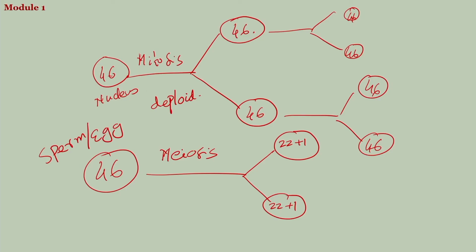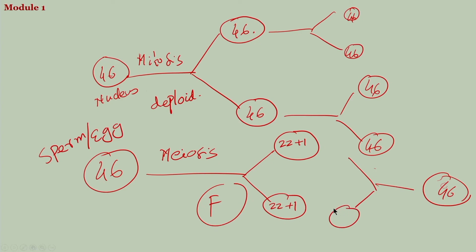Now, if this comes from a father, the same thing happens for the mother: if this is the sperm cells, this is the egg cells from mother, and here also it is 23 and 23 haploid cell divisions,